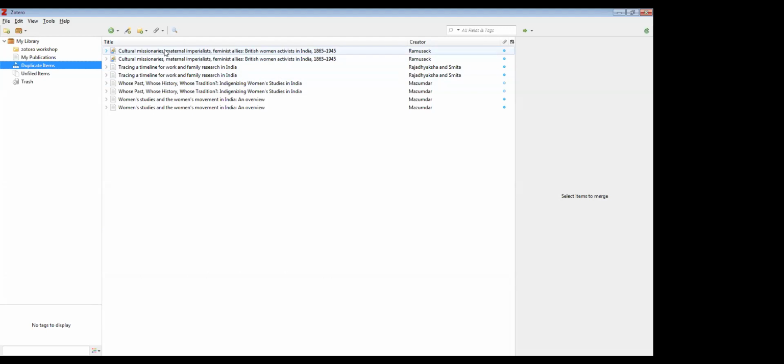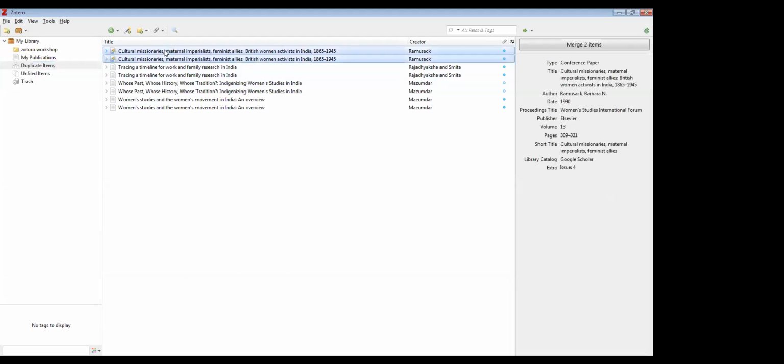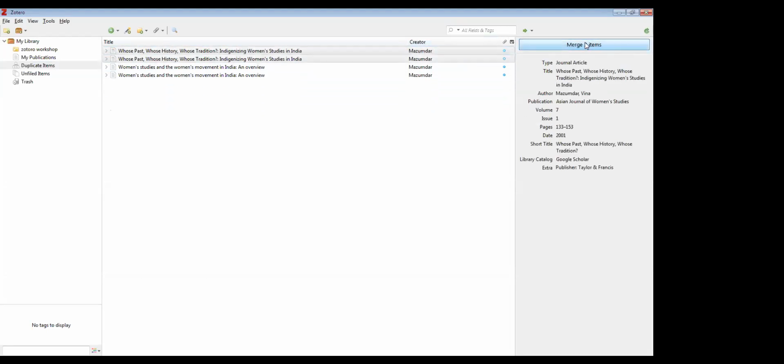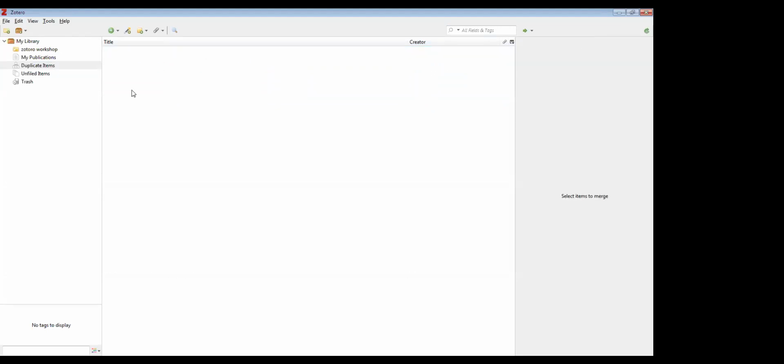Say there are two articles, the first two articles, and I click on this, and in the right pane, it will say Merge Two Items. What it will do is merge the two articles together and also carry the unique metadata into one file, so that you have the master article.